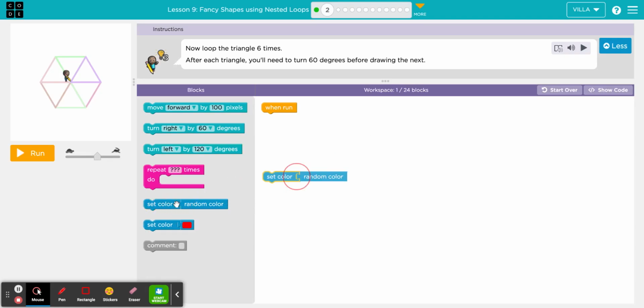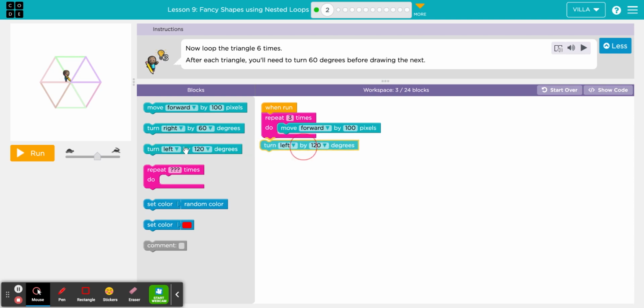You do have a block that is called set color, random color, and we're going to use this in just a moment. But I want you to get in the habit that for every puzzle here, the very first thing you want to do is write the program for the basic shape that you're trying to achieve. In this case, this is a series of triangles. Well, we already know what the program is for a triangle, so let's go ahead and do that. Begin with a loop, put in the number of sides that a triangle has, which is 3, put in your move block, and a turn by 120 degrees. We're just going to leave that as turn left